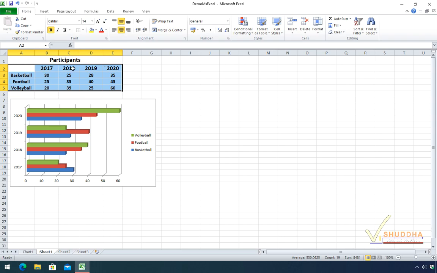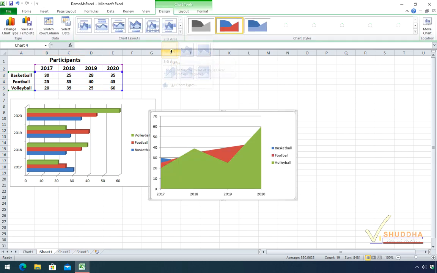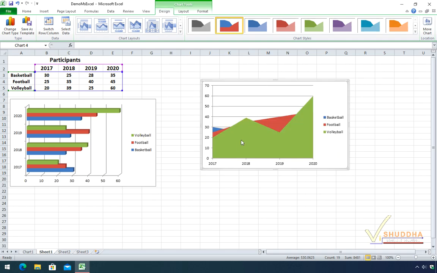Now select the data and again go to the Insert tab, and this time you can try a different chart, like you can click on the area chart and select the chart type you want. This time, as you can see, you have a chart with the area shaded. It shows the width of the shaded area for a particular year.